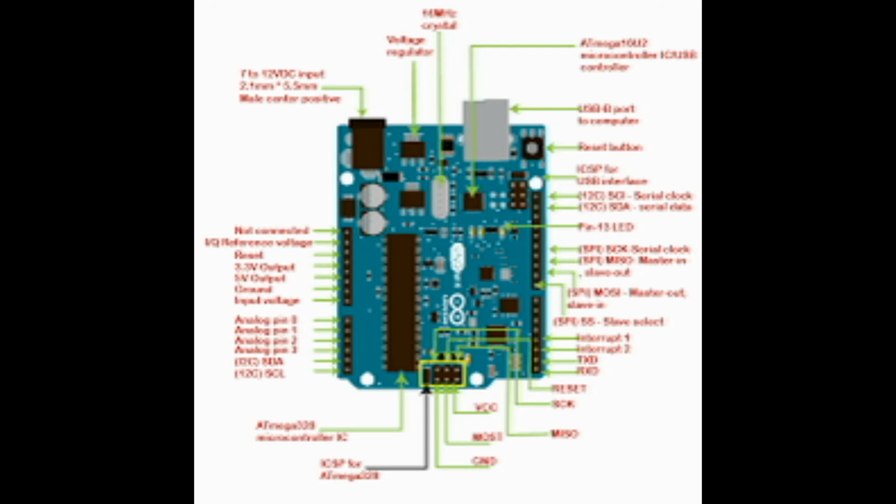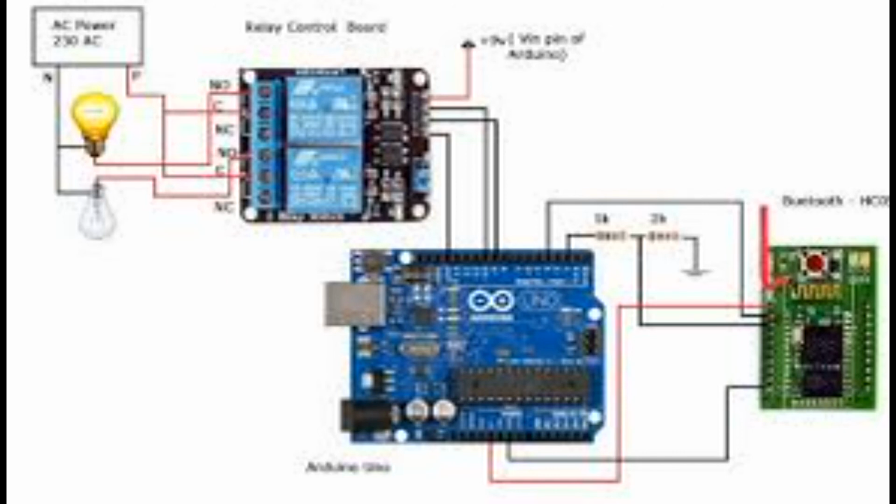The ATmega16U2 firmware uses the standard USB COM drivers, and no external driver is needed. However, on Windows, an INF file is required. The Arduino software includes a serial monitor which allows simple textual data to be sent to and from the Arduino board. There are 2 RX and TX LEDs on the Arduino board which will flash when data is being transmitted